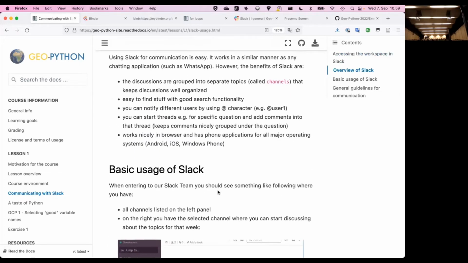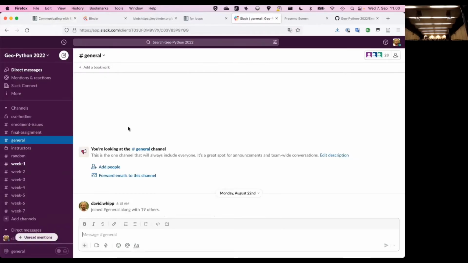Well, what is Slack? It's basically a way in which we can communicate in a chat type application. In some ways, it's kind of like WhatsApp, but the difference is that the discussions can be grouped into separate channels and separate topics to help keep the discussion organized. There's a good search functionality. You can notify users using the @ character, and you can also have threads, which are ways to have a conversation in which, from a single chat, you can have a thread of conversation that stems from there. And this works nicely on a phone or browser, iPad, whatever. So this is what the Slack looks like